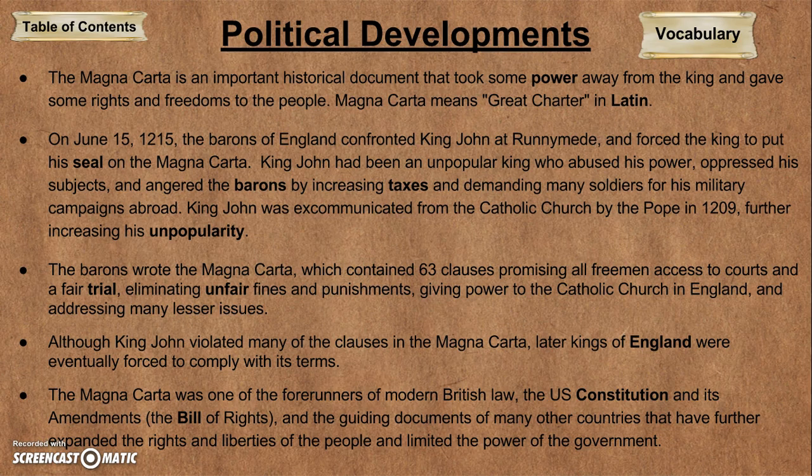King John was trying very hard to keep the lands that England had in France and was not doing a good job of it. So he had to continually raise taxes for these foreign wars. He also tried to dip into some of the money and land that had been owned by the Catholic Church. So those are two places where he got people upset with him. The church actually excommunicated him, which only increased his unpopularity.